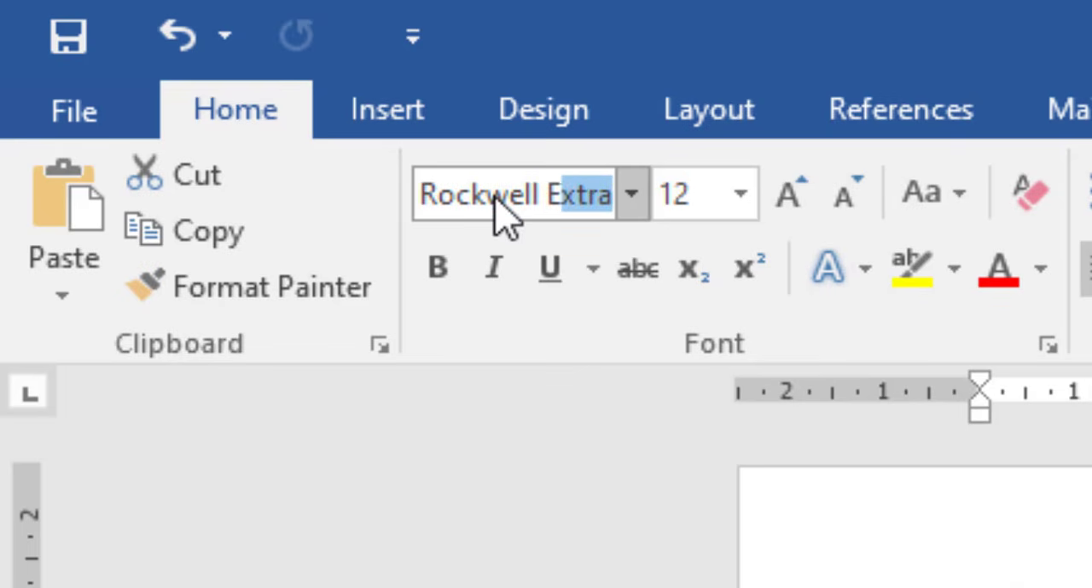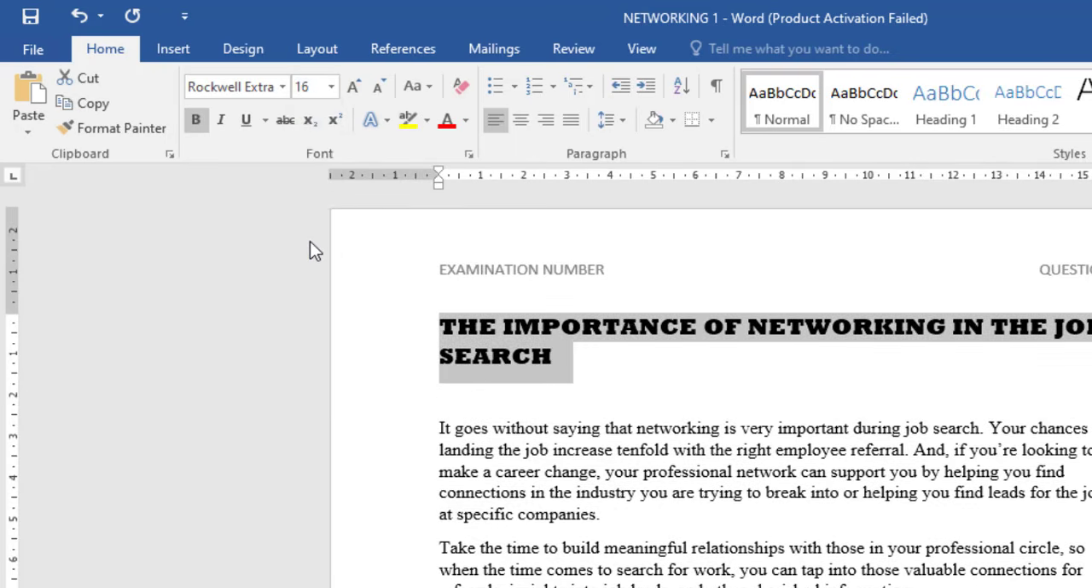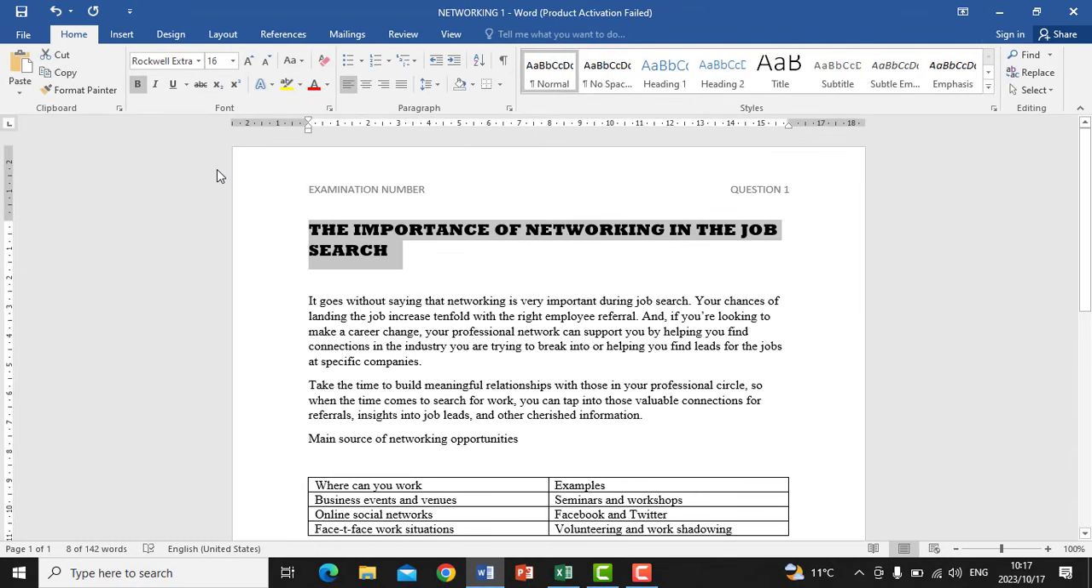Extra, there it is. I press enter because it's highlighted. My heading is highlighted, so it will change immediately when I press enter. And then I have to make it bold, and then I have to make the font size 16. There it is. And then now looking at the instruction, it says 1.5 double underline the